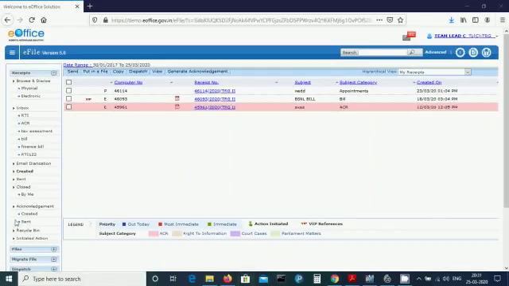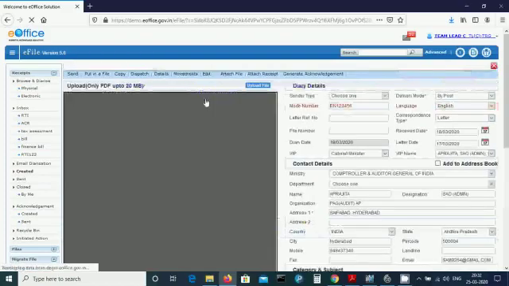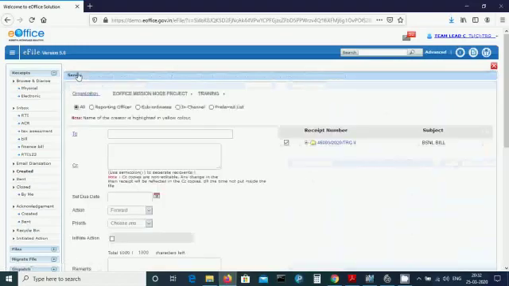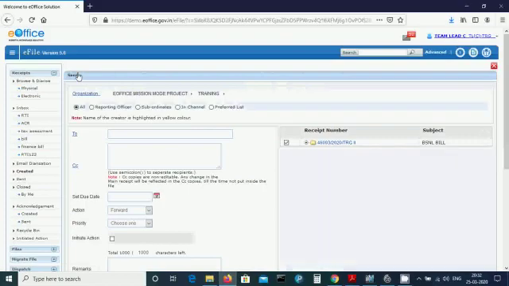When we select the checkbox and open the receipt number, we find all the details on the right side of the screen. Now we send this receipt by clicking the Send button. Send. This option helps the user to mark the receipt to the receiver.